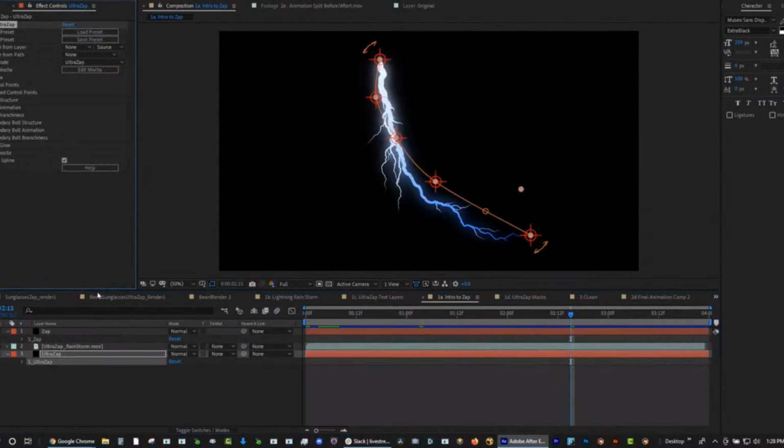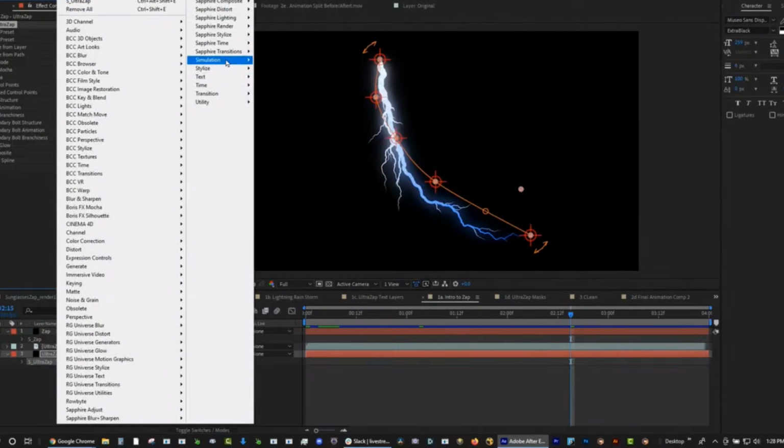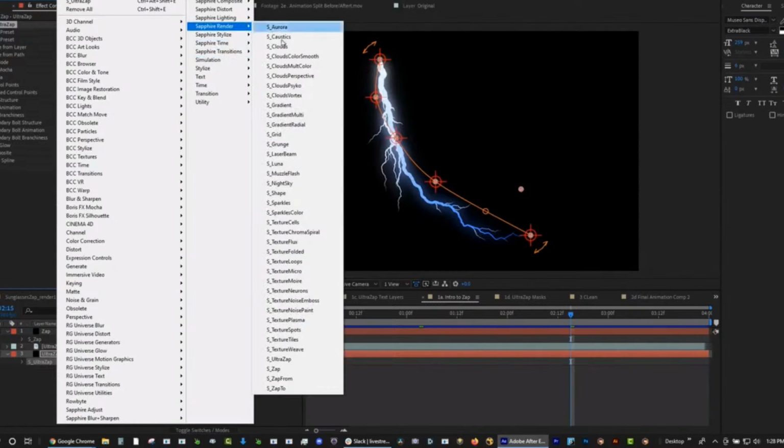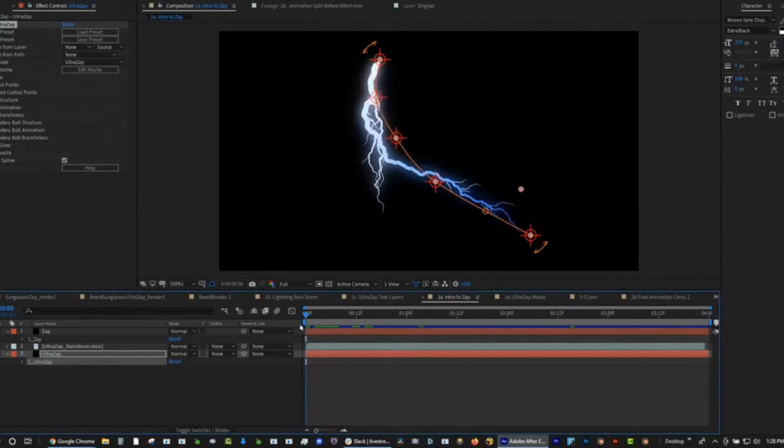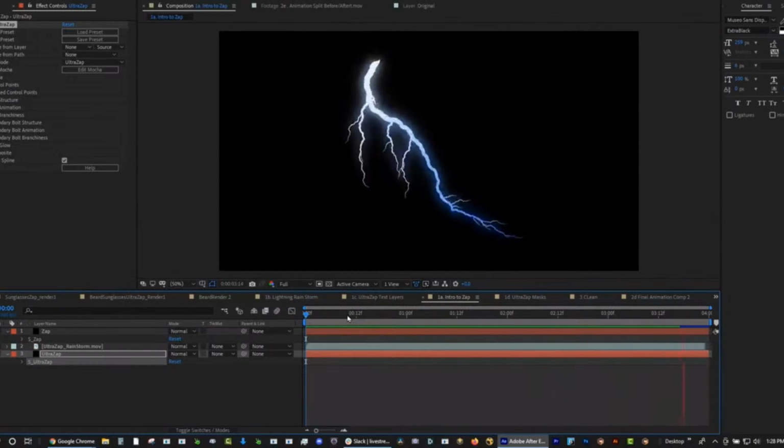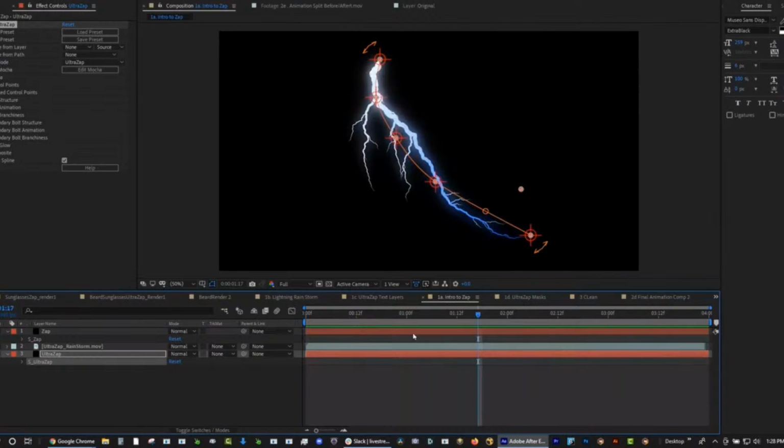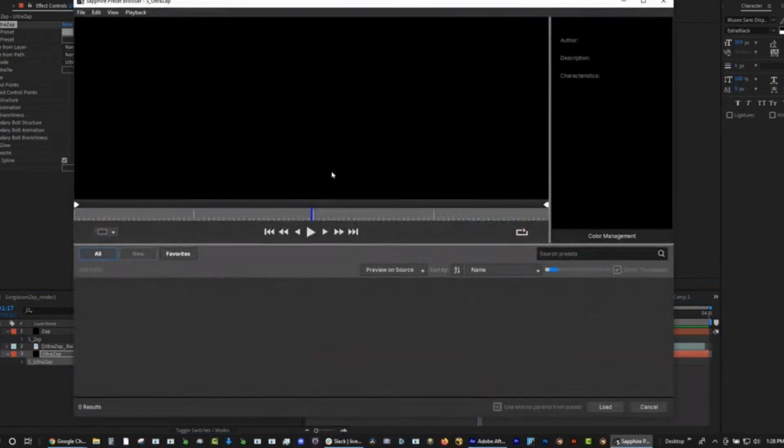So this is UltraZap, which is brand new, again, found under Sapphire Render. UltraZap has lots of really cool features, and the team from Sapphire did a really nice job on the features here. So I'm just going to walk you through a little bit of UltraZap, and then we're going to ultimately show you how I use this on a fun animation project. But if we look at the UltraZap